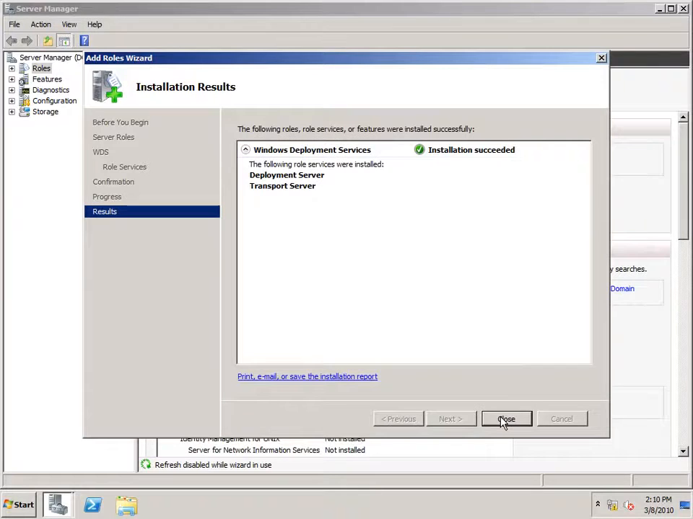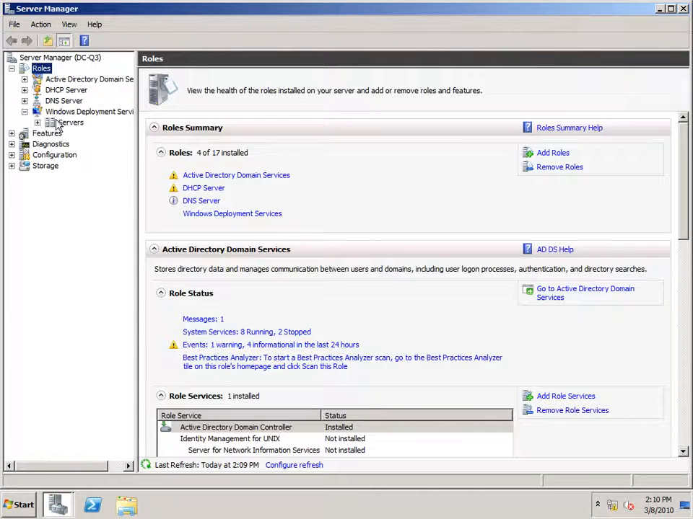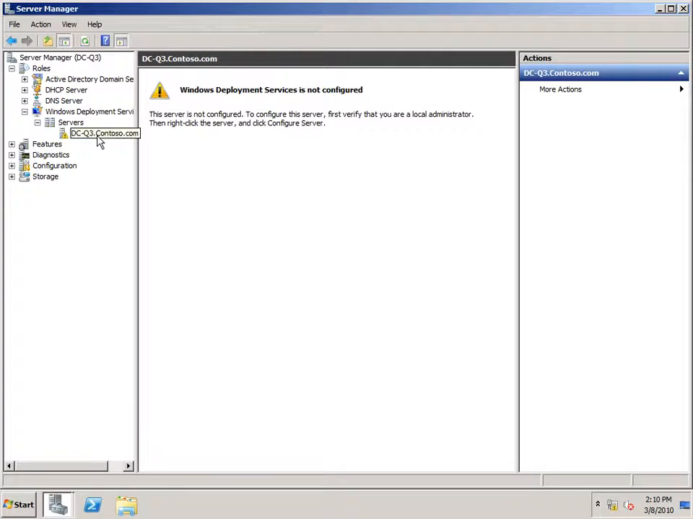Now, Windows Deployment Services is successfully installed. However, it's not yet configured. To configure it, I'm going to expand roles, expand Windows Deployment Services, expand servers, and I'll see the domain here. If I expand that, I notice there are no folders underneath, so it's not yet configured. If I right-click on the fully qualified domain name of the machine and select Configure Server,